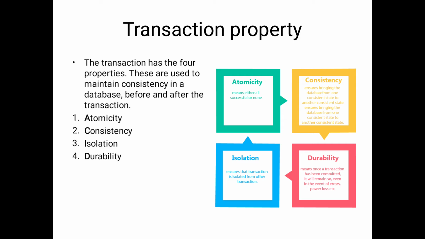Now we will see what is the meaning of atomicity, consistency, isolation, durability. Simply, what is the meaning of atomicity? Atomicity means either the transaction is successful or unsuccessful. That's enough. Suppose my aim is to withdraw the amount from the ATM. I will go to the ATM and insert the card, select the language, select the current account or savings account, enter the amount, enter the PIN number, then I will receive the amount. Then the transaction is successful.